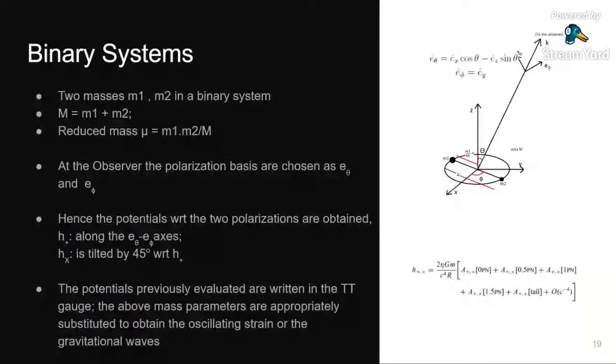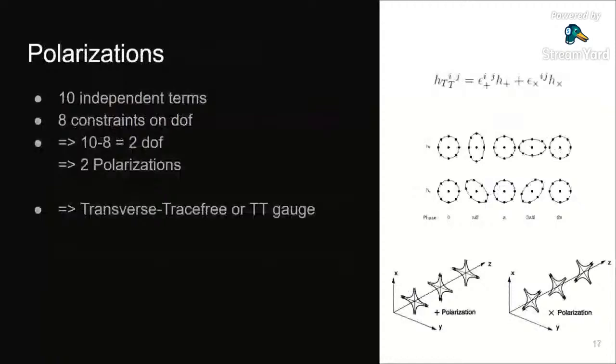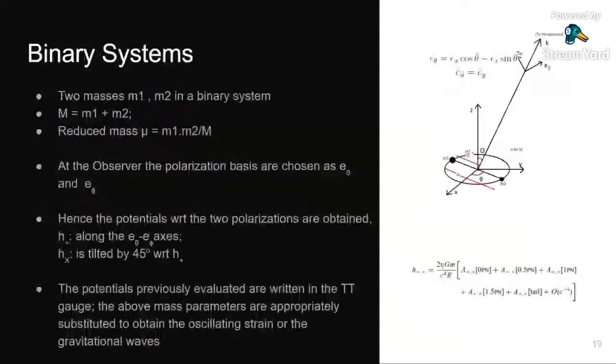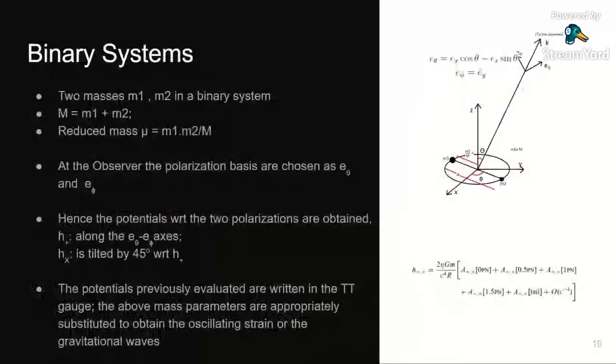We want to observe that disturbance as a wave, and for that reason we convert it into this transverse trace-free gauge, as discussed previously in the plane wave solution. So we convert it into that, and we observe that